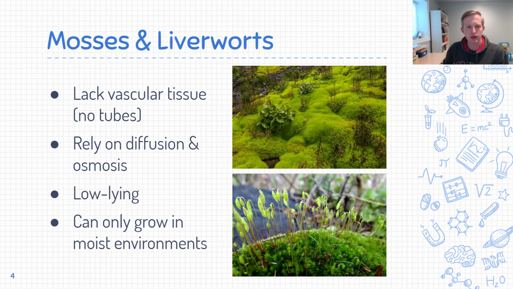When we think about plants, oftentimes you're thinking like the roots, which are carrying water up to the leaves or the top part of the plant. In the case of mosses, they simply don't have that type of tissue, and so they can't grow that large. They have to be right up against a surface that has water available nearby because they rely on diffusion and osmosis. So in addition to just being low-lying, we find these in places that have moisture pretty much year-round,